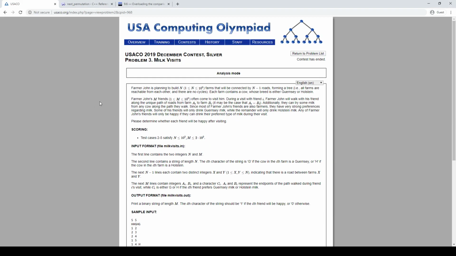Alright, another USACO silver problem. What's happening here? We have 100,000 farms forming a tree, and each farm is labeled with either G or H. We have M